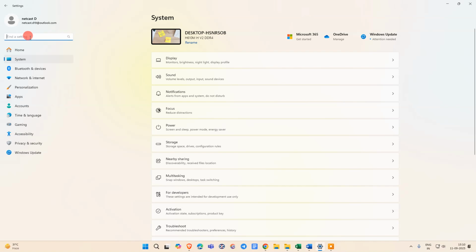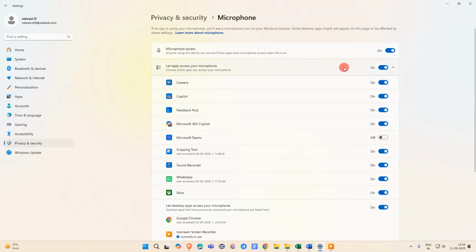Now here go to the search system and search for microphone. Okay, go to the microphone privacy settings, and you need